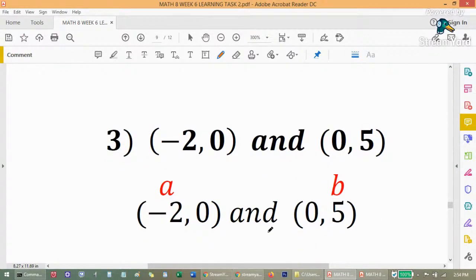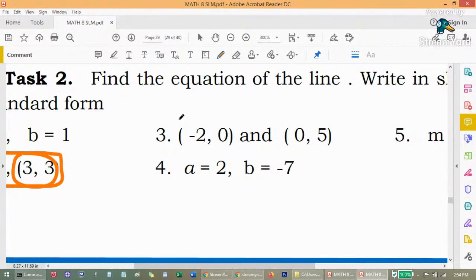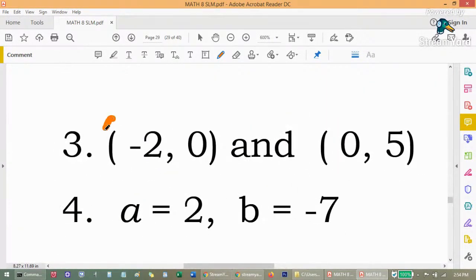Okay, number 3 is another example of 2 points. So meron tayong first point,